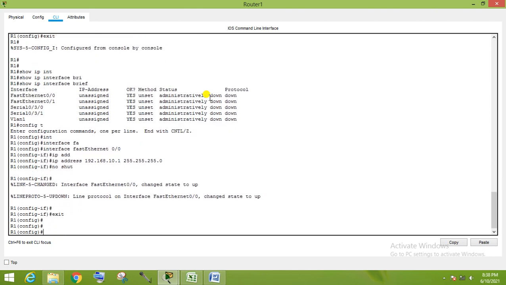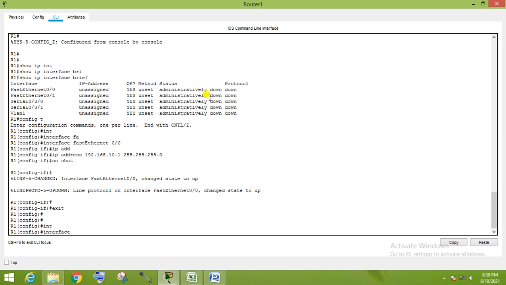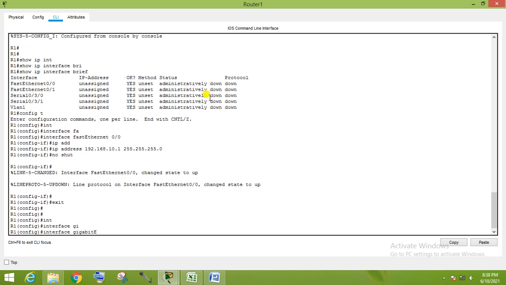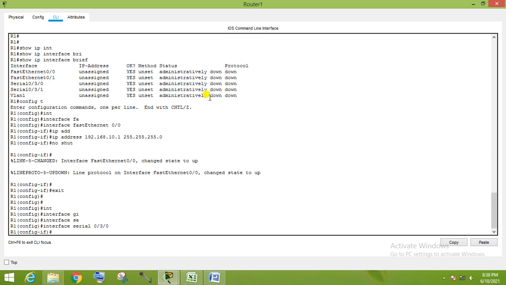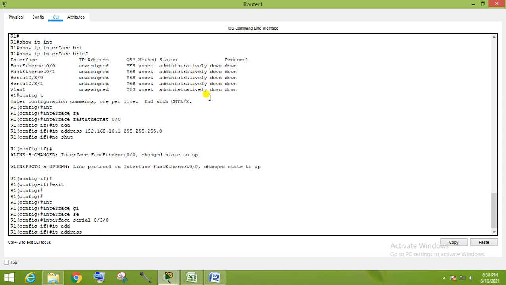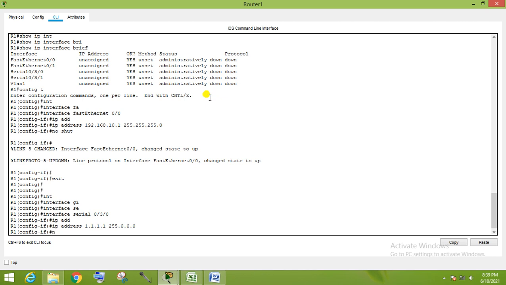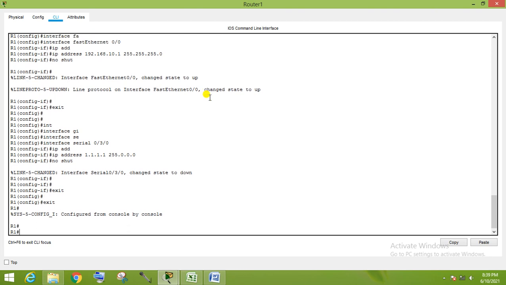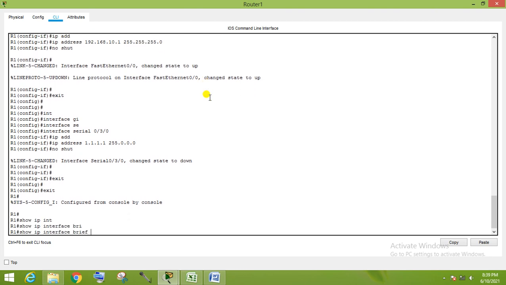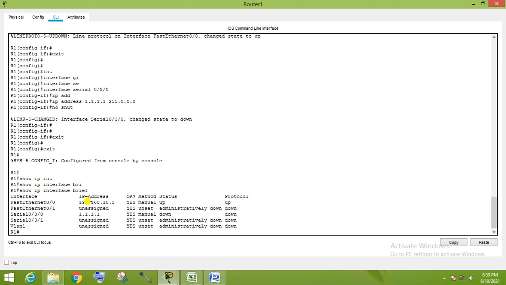Similarly, for the serial interface 0/3/0, that is the WAN interface. So we have given the IP address for both interfaces.